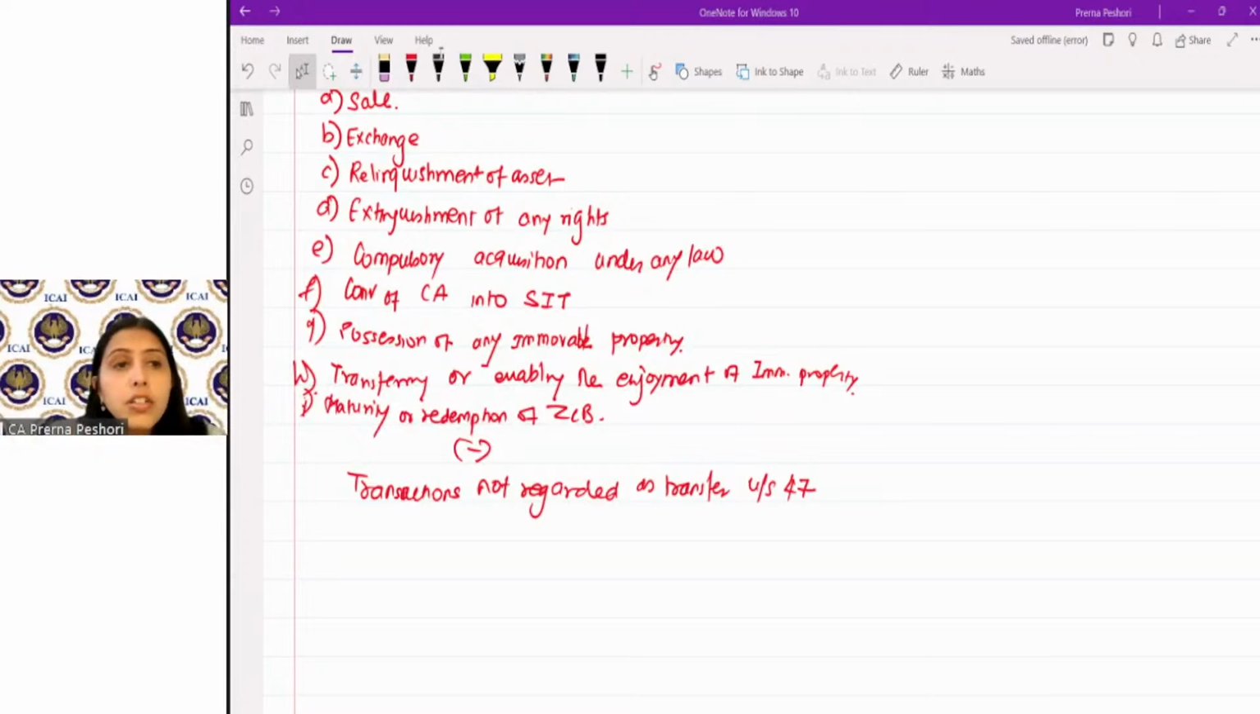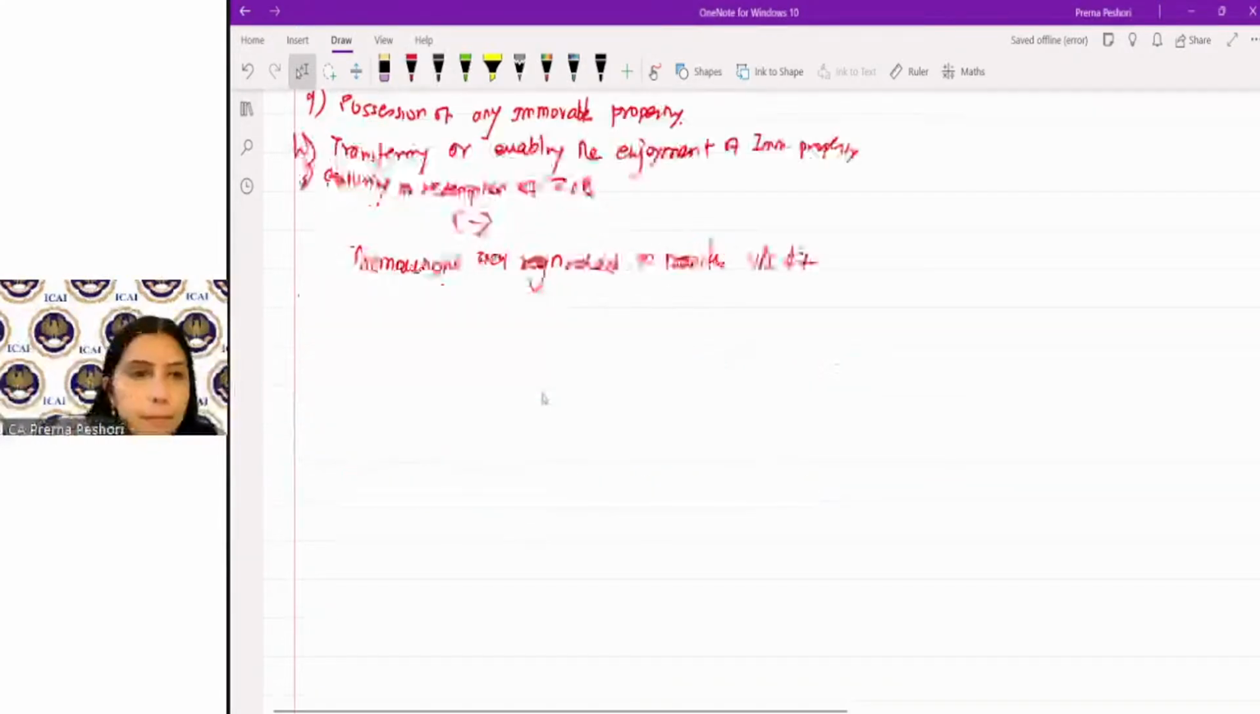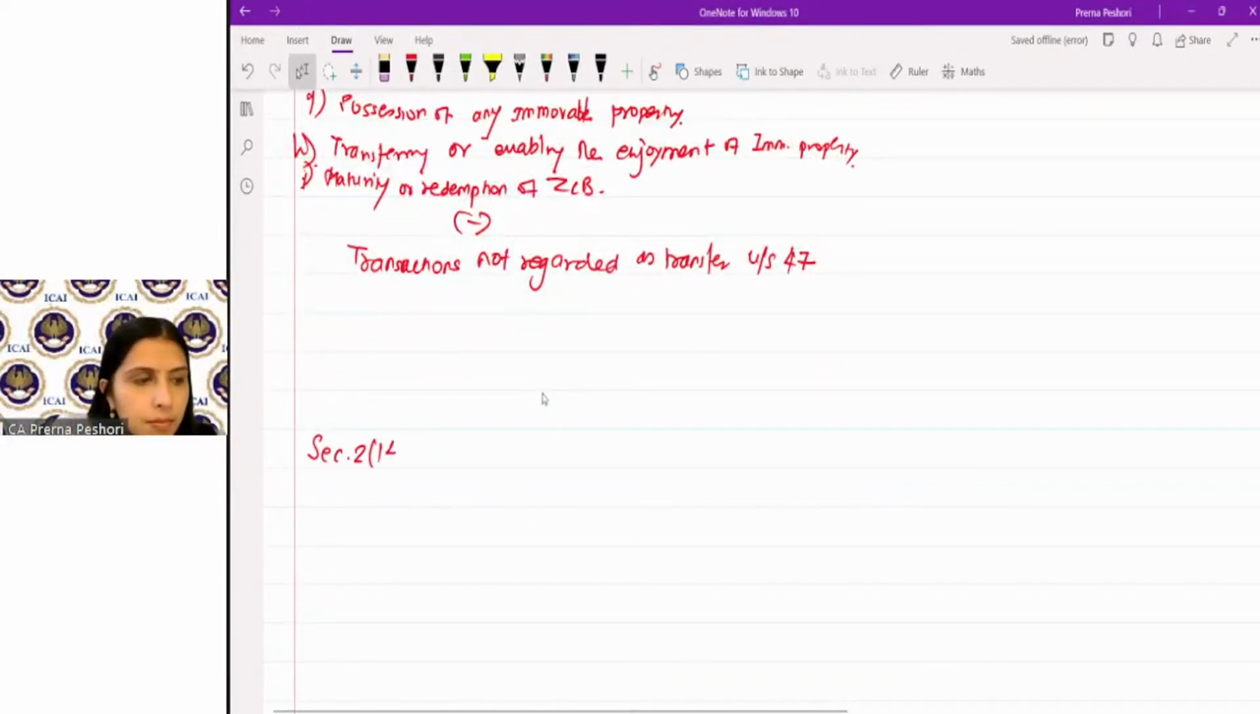Now, what is the meaning of the term capital asset? What is the meaning of the term capital asset? Capital asset is defined under section 2, subsection 14. Now, section 2(14), how does it define capital asset? Capital asset means